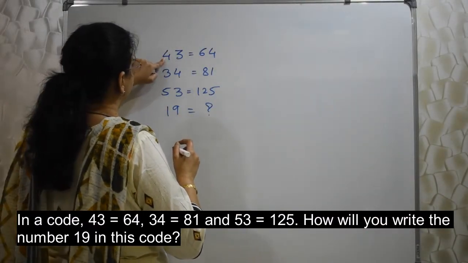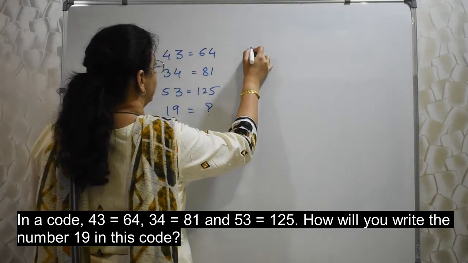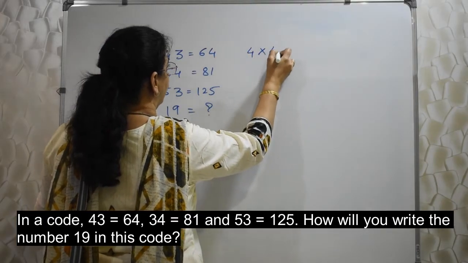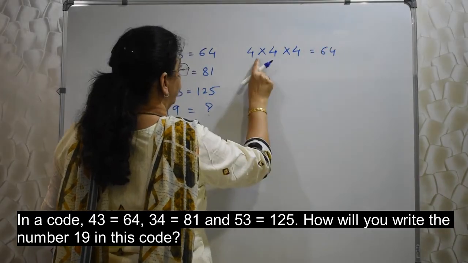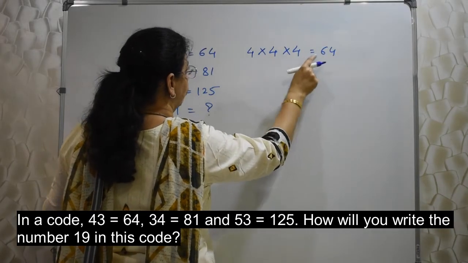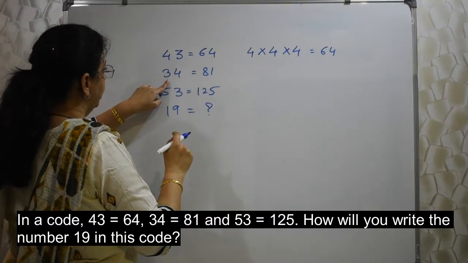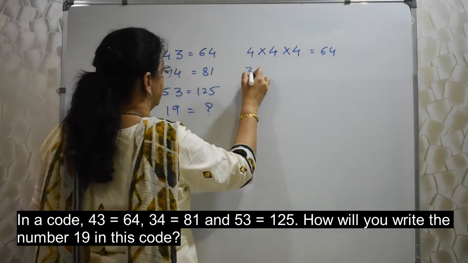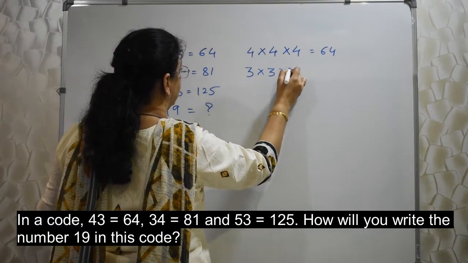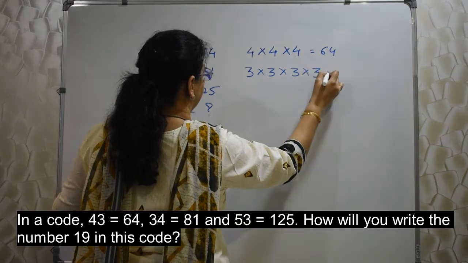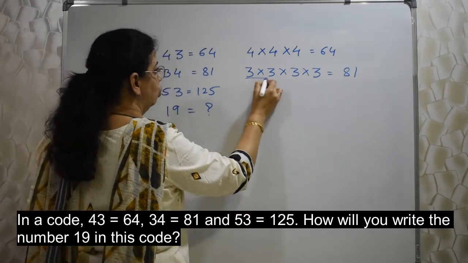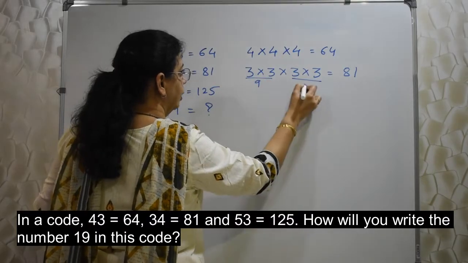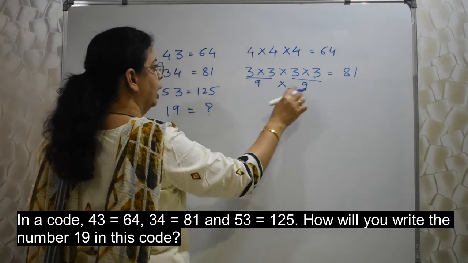4 multiplied 3 times. What does it mean? 4 into 4 into 4 is 64. 4 into 4 16, 16 into 4 is 64. 3 multiplied 4 times. 3 into 3 into 3 into 3 is 81. Immediately नहीं पता चलता है तो दो दो का ग्रुप करो. 9, 9, उसको इंटू करो. 9 into 9 81.